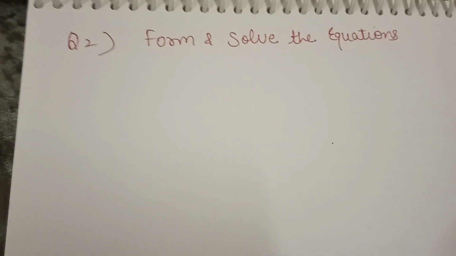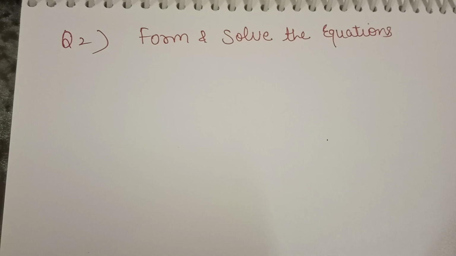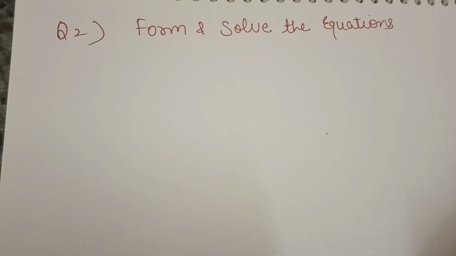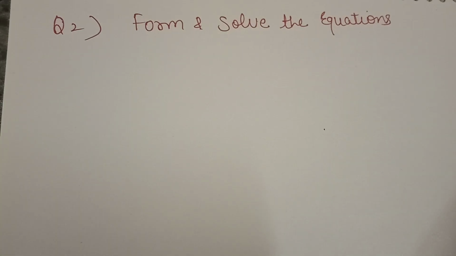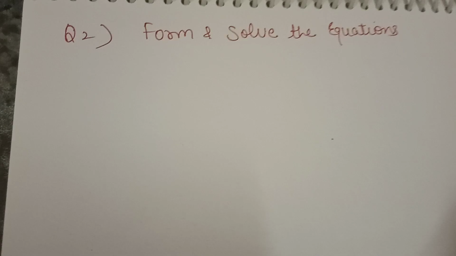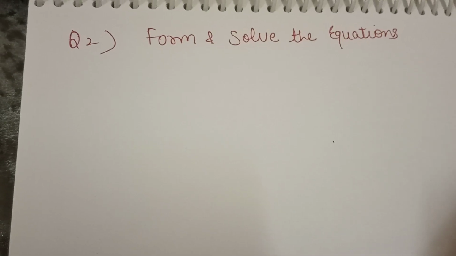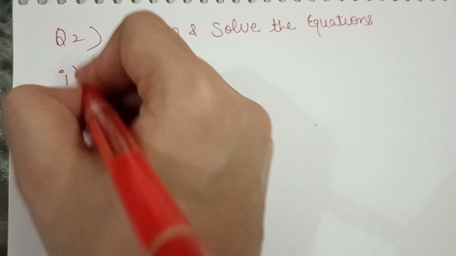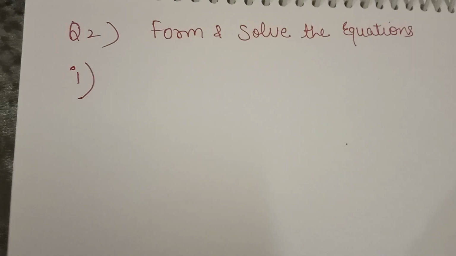So first open your book, page number 67, exercise 3.6. Open it, pause your video and keep it with you, because I will read the question. When I will read the question, you will look into your book. So I am reading the first question. The first part of second question.